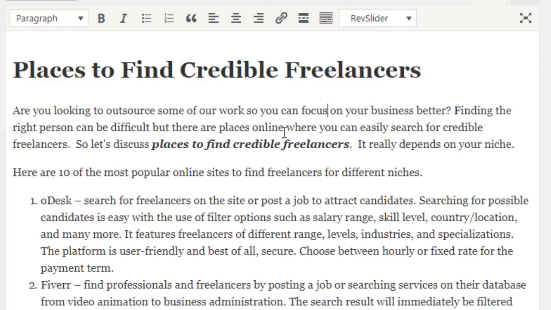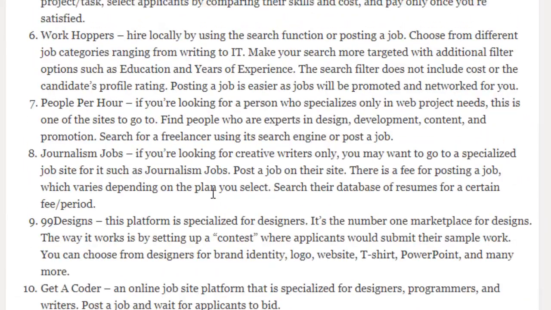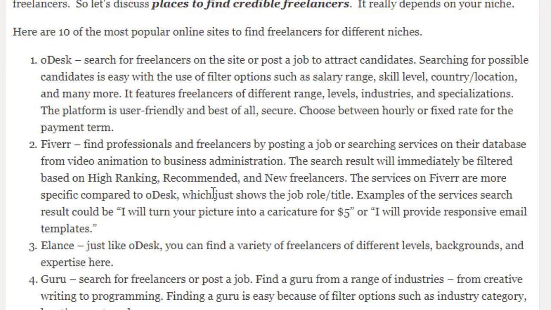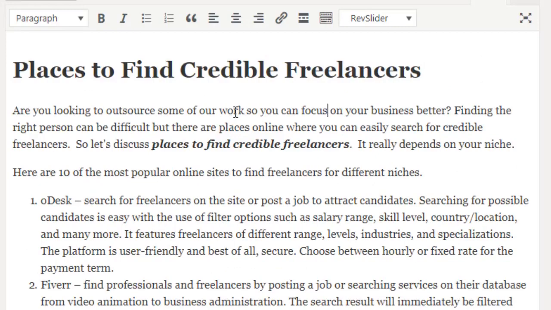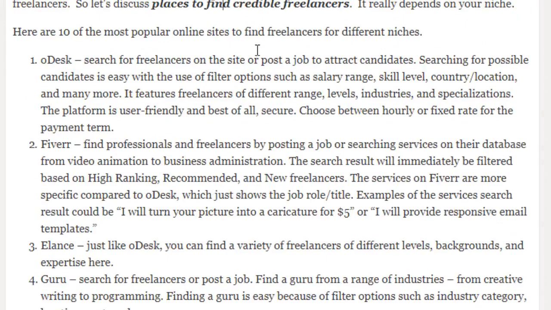You can also have it later down the road as a heading 1. And if we scroll down, we don't have an image right now, but we'll talk about that later. We'll find an image and I'll show you how to add an alt tag. You want to do that. You want to go through and you want to create variations of this keyword. So places to find credible freelancers,